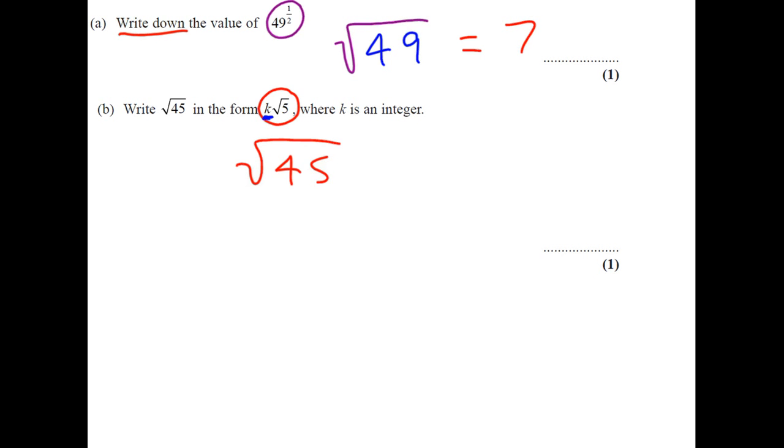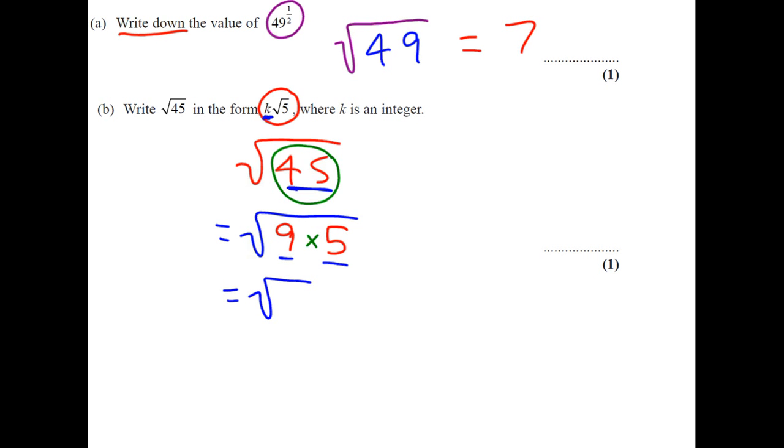We're just going to apply our surd rules to this. So you need to think, how can you split up 45 and get a square number times something else? And the trick is, you need to get the biggest square number you can. The square number that goes into 45 is 9. What do you have to times it by? 5. Because of our surd laws, the square root of 45 can be written as